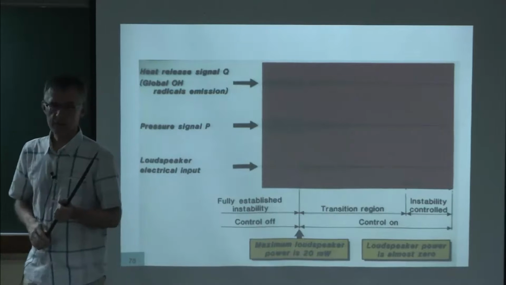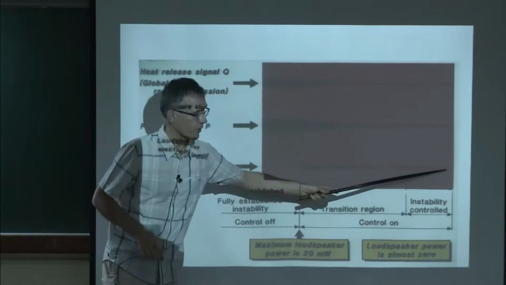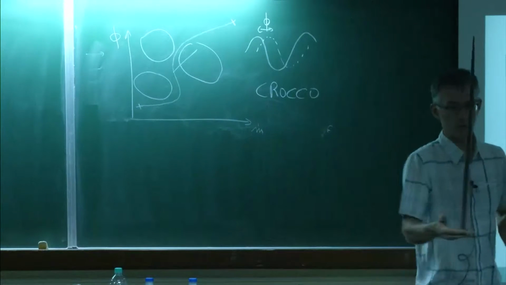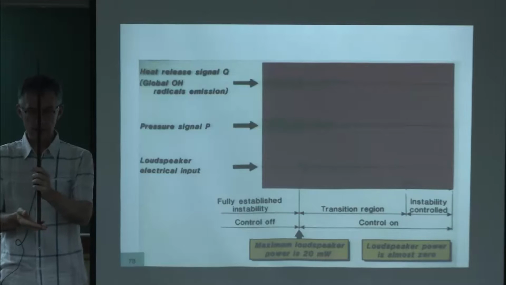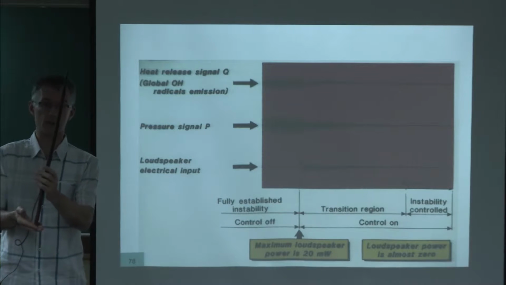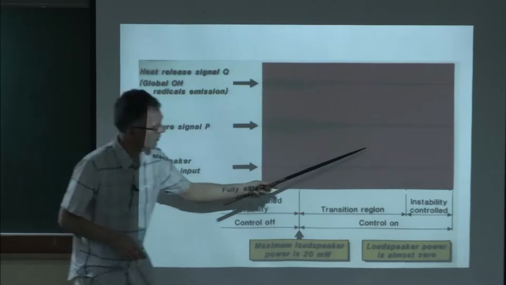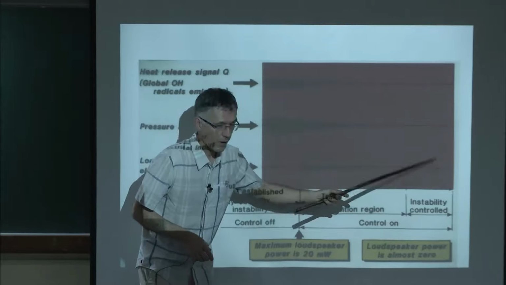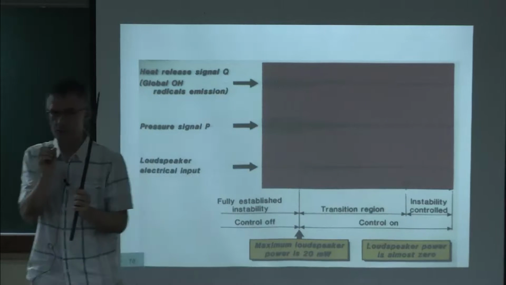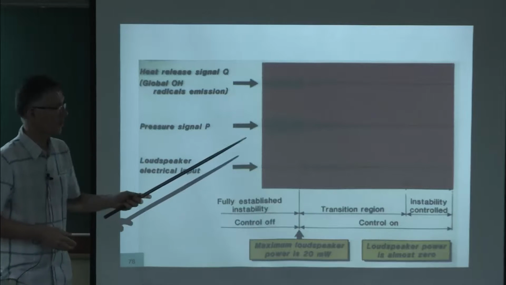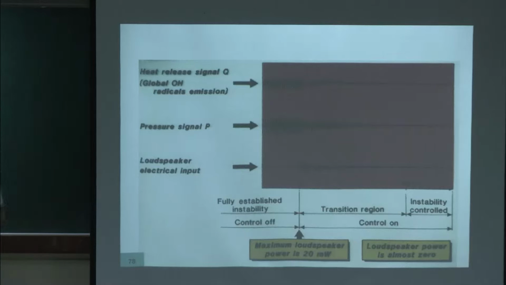More interestingly, not only is it stable, it does not consume anything. It's actually doing exactly this thing here. Chop, chop, chop, chop. If you're good, you can just move your hand by a very small amount. Every time this thing goes left, I'm doing that. Every time it goes right, I'm doing this. So here it's the same. Every time the flame, you don't see it here, but if you would zoom here, you would see this very small activity. So the system monitors the oscillations, and if the flame starts going one way, hop, you change it the other way. And so it was a very exciting idea, because that means that for zero cost in energy, you were able to control the flow completely.